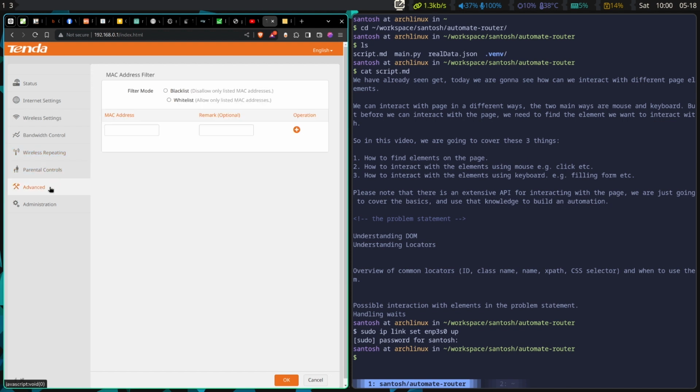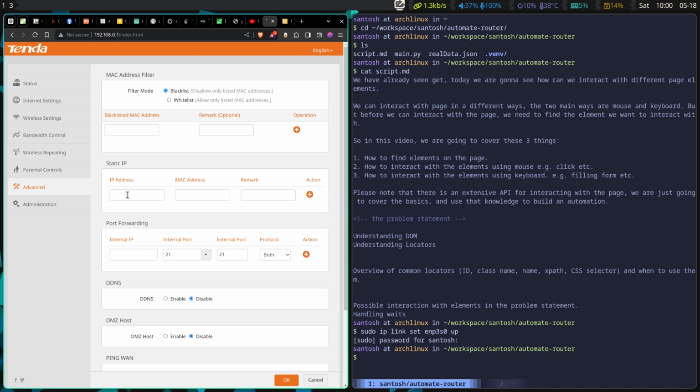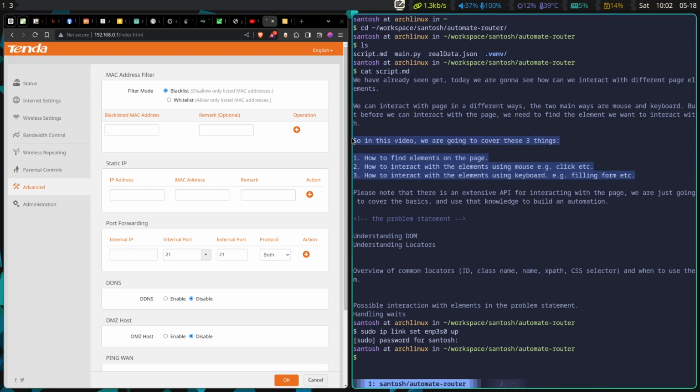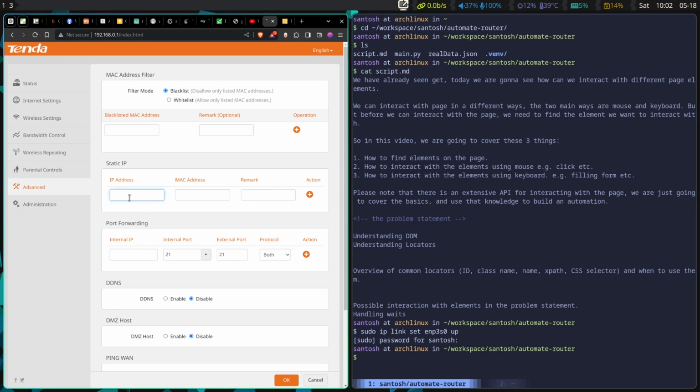First thing I need to do is to configure the static IP. So let's get started. By the end of this video, you should be able to interact with the web page, like clicking, typing, and pressing buttons, and one more button I have to click. So we will see how we can achieve this. In today's video, as I have mentioned here, we will learn to find an element. So to click an element, like if I want to,